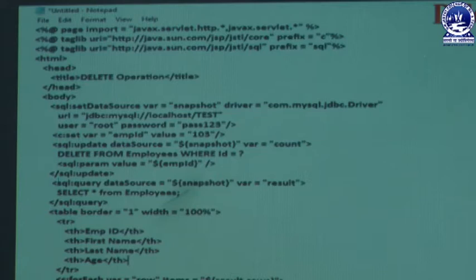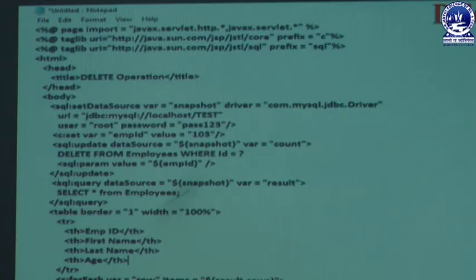In that body section we are mentioning the SQL setDataSource custom tag library. Then we are mentioning the var attribute with the value snapshot. Then we are taking another attribute named driver. In the driver we are mentioning driver equal to com.mysql.jdbc.Driver.